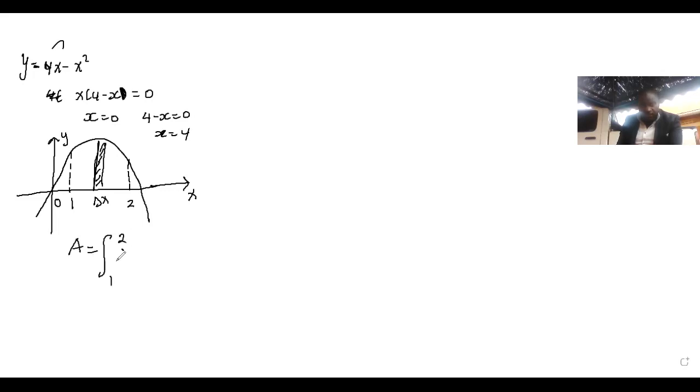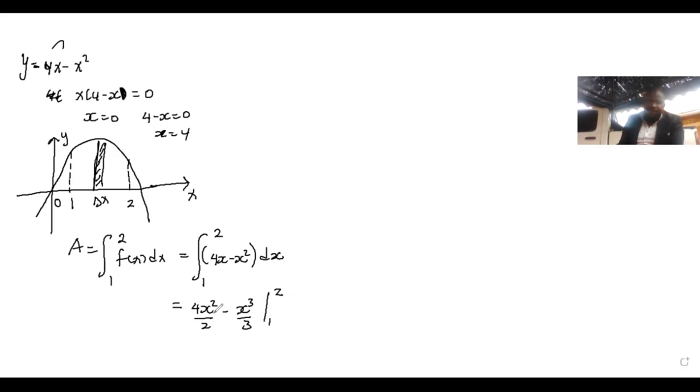Giving us the integral from 1 up to 2 of 4x minus x squared, integrated with respect to x. So this area becomes 4x squared over 2 minus x cubed over 3 from 1 up to 2. Since substitutions begin with the upper limit, I can reduce the 2 by the 4 to give us 2 times 2 squared minus 8 over 3,